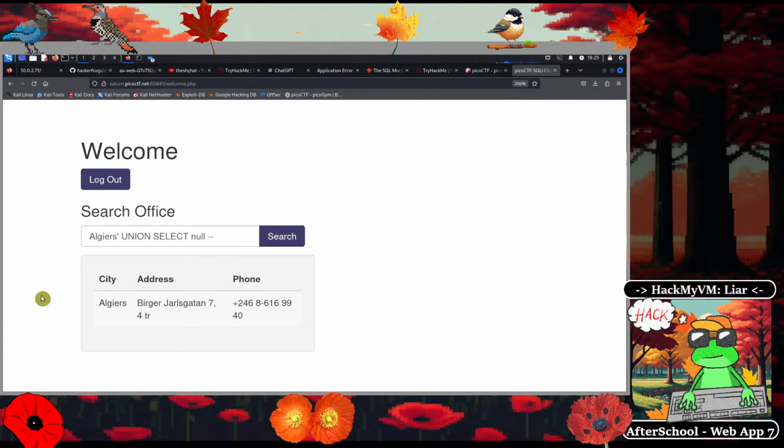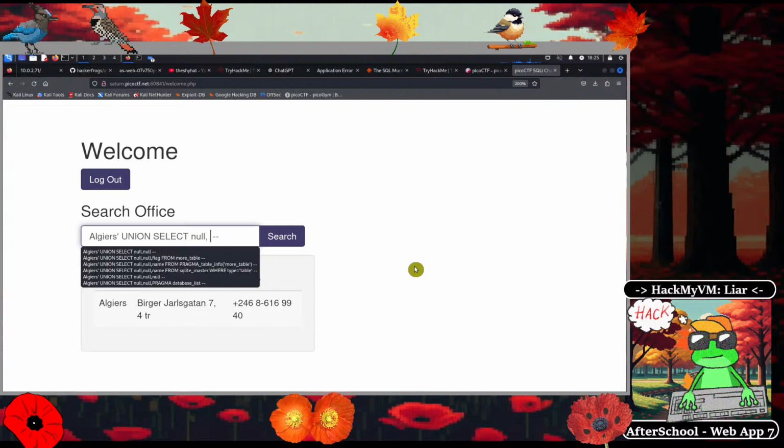So my guess is that it's retrieving 3 columns, because you've got your city, your address, and your phone number. The way you count columns with union select is you put in a null for each column that you're trying to count. So in this case, we're going to do null, and then null, and then null, because we're guessing that